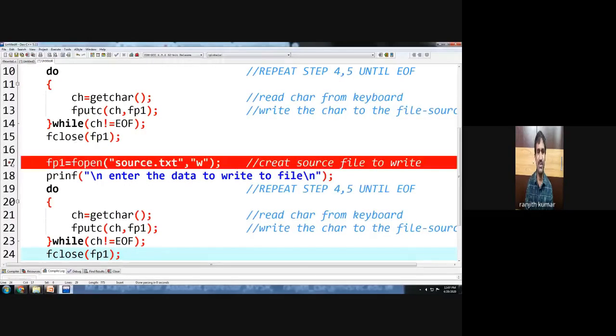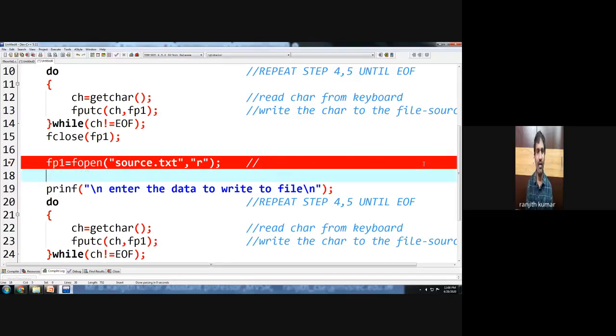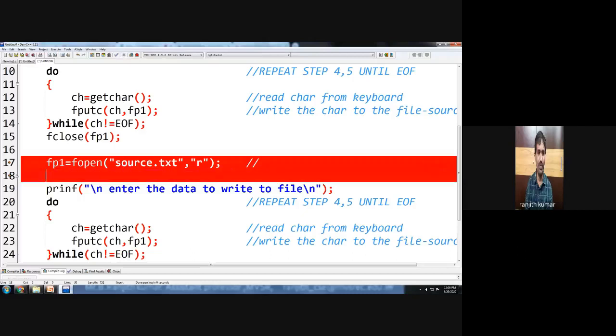So what are the steps we want to write? We want to read the contents from the first file, along with that we will also write a second file. So create one more file, fopen destination.txt.